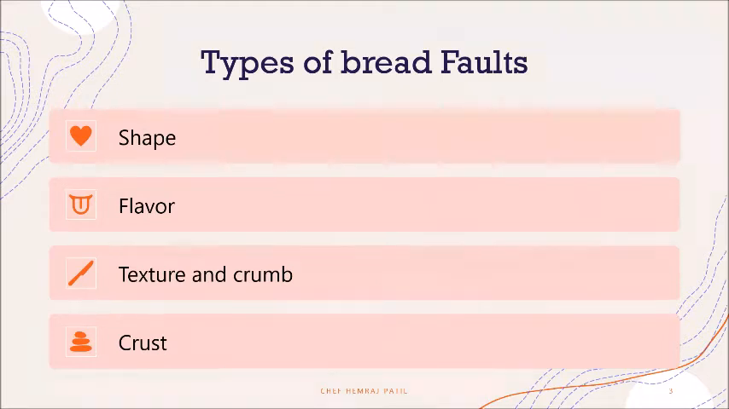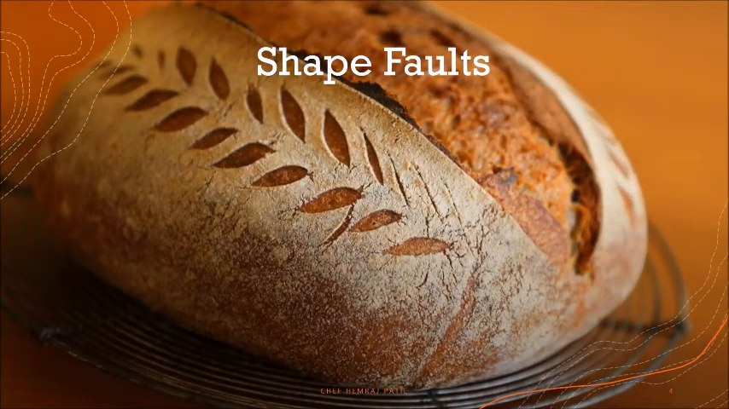There are four types of bread faults pertaining to the breads. Those are shape faults, flavor faults, texture and crumb faults, and crust faults. Let's discuss in detail which are these various types of faults and what are their causes. So to start with the shape faults,